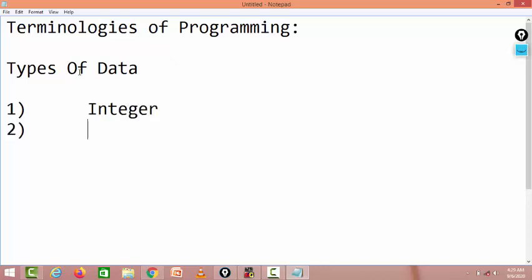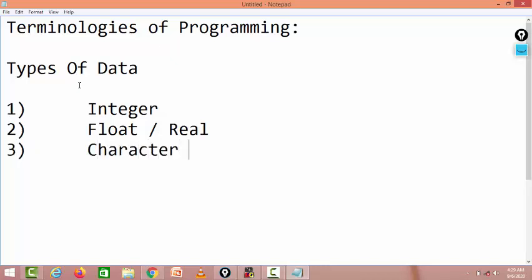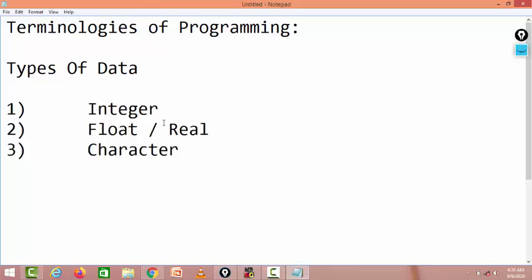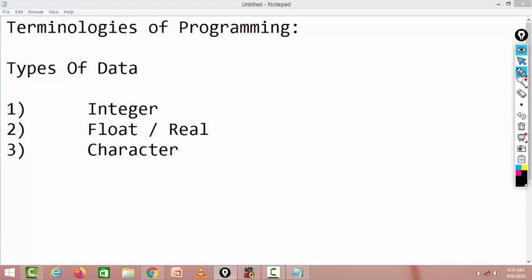The second one is float, or in some books it is real data, and the third one is character data. So these are the basic 3 types of data. We have lots of modifiers, इसमें modifiers भी हैं लेकिन अगर हम उसकी बेसिक टाइप्स को हम डिस्कस करें तो डेटा आपके पास या तो करेक्टर होगा, या फ्लोट होगा, या इंटीजर होगा. ओके,